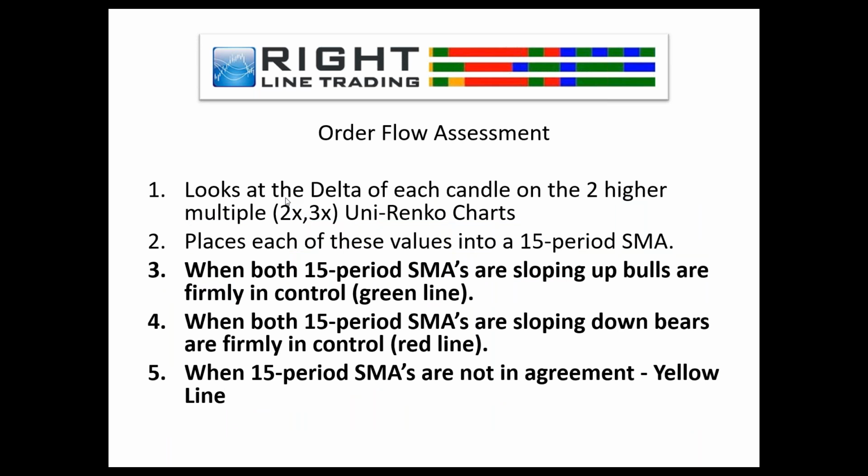What we do is we automatically look at the delta of the two higher multiple Uni-Renko charts. Now, the Uni-Renko chart that you're trading is obviously going to depend on what you're trading. You may be trading a 10 Uni-Renko if you're trading Amazon. And if you're trading a small cap, you may be trading a 2 Uni-Renko. If you're trading the NASDAQ, you're trading a 4 Uni-Renko. That's irrelevant. But it's going to look at the two higher multiple Uni-Renko charts and completely ignore your trading chart,